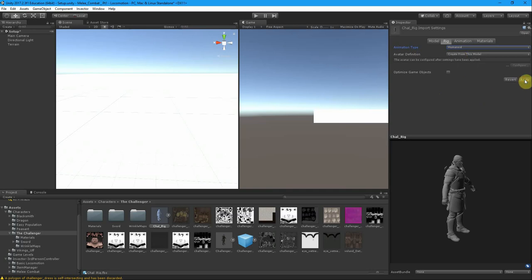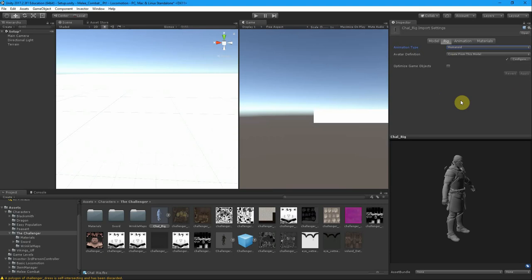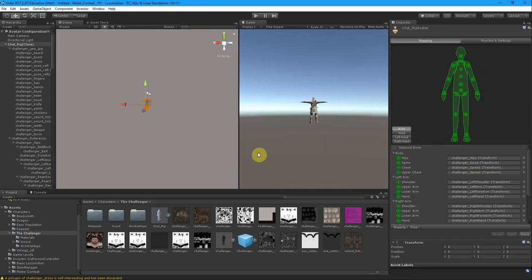So I'm just going to hit apply, and that will apply that, and then I need to configure it. Now, do you want to save the changes made in the scenes? Just hit save, that's fine, because it just leaves that for a minute and goes into our